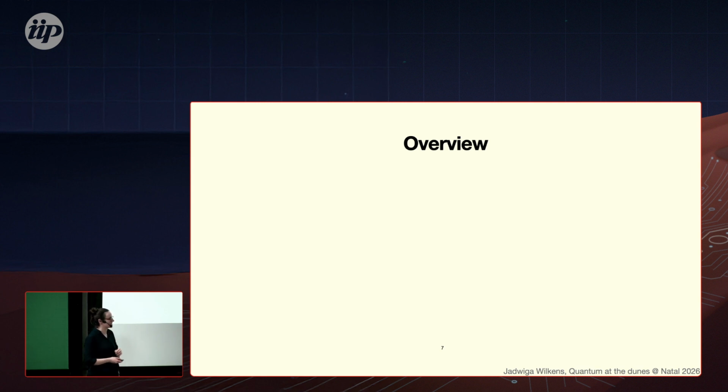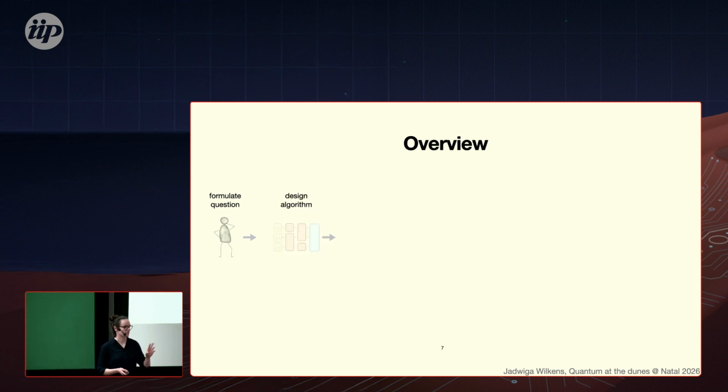All right, let's start with the overview. What are classical shadows? Why do we need that? And I always like to think that in quantum computing there are 4 stages. The first stage is that I need to formulate a problem that I can solve with a quantum computer. The second stage would be formulating this question as an algorithm. It needs to be something that a machine can read and process.